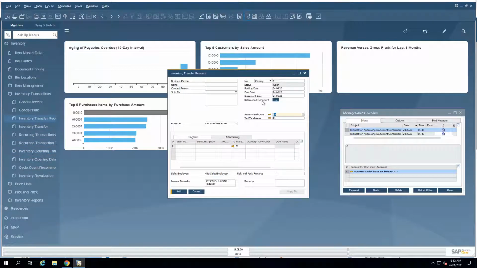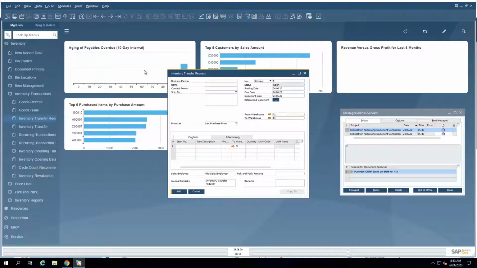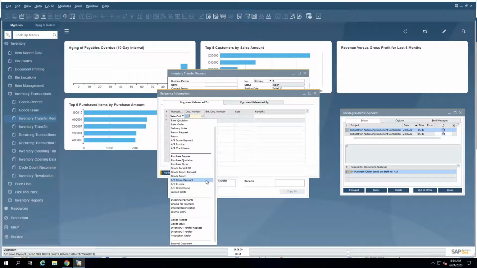You can see here now there's available. It is available here. You can reference any sales order. So if I create now a new inventory transfer request from warehouse 1 to warehouse 2, I can just link it to a sales order or to any, and the list as well here contains more documents than